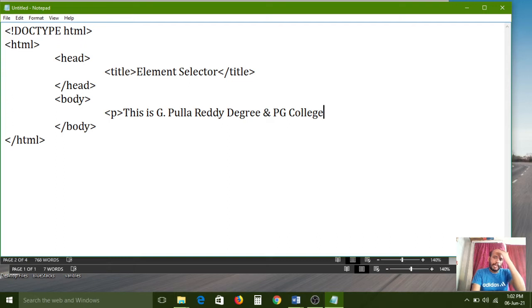So this is one paragraph. Here I am using two paragraphs, so I am copying and pasting the same.